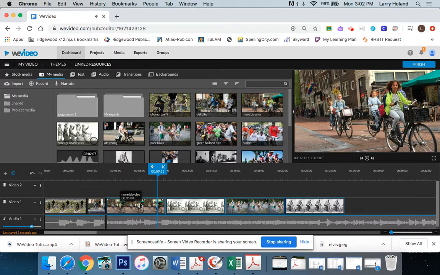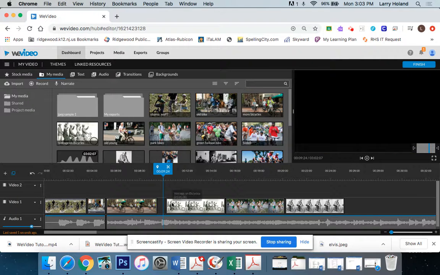And then we want to cut this over here. So we just highlight this again. We hit the scissor. And we highlight this, delete, and bring these over. So that is how you